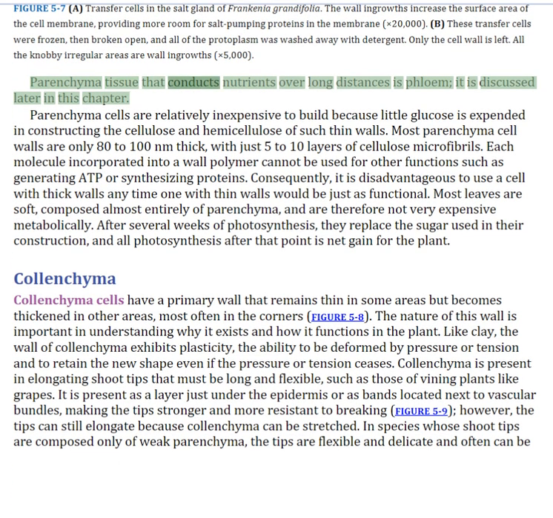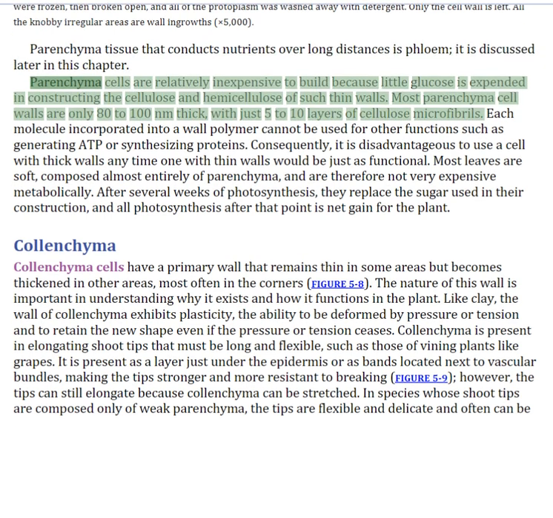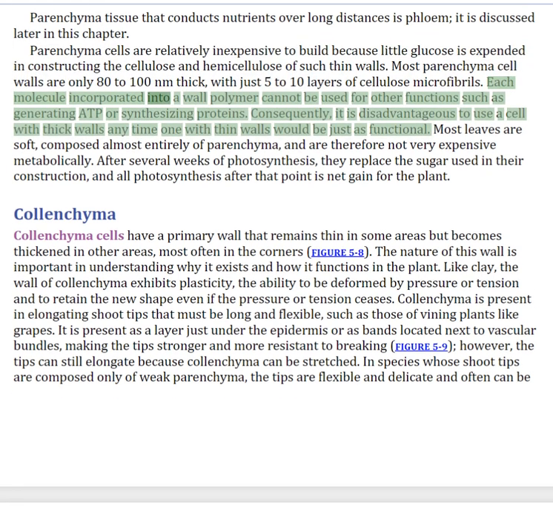Parenchyma tissue that conducts nutrients over long distances is phloem. It is discussed later in this chapter. Parenchyma cells are relatively inexpensive to build because little glucose is expended in constructing the cellulose and hemicellulose of such thin walls. Most parenchyma cell walls are only 80 to 100 nanometers thick, with just 5 to 10 layers of cellulose microfibrils. Each molecule incorporated into a wall polymer cannot be used for other functions such as generating ATP or